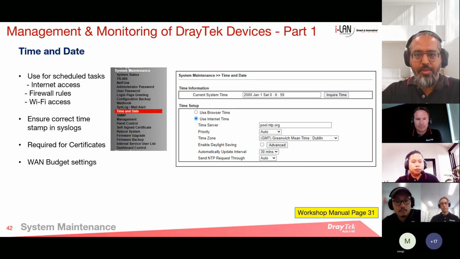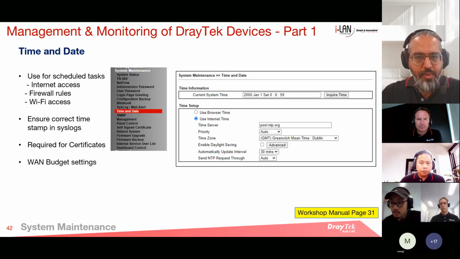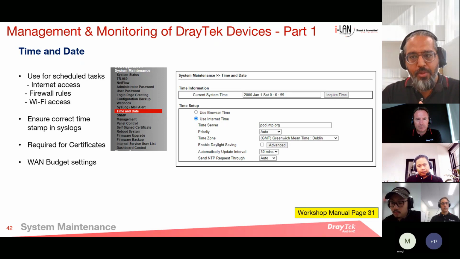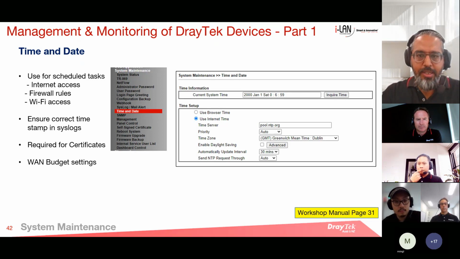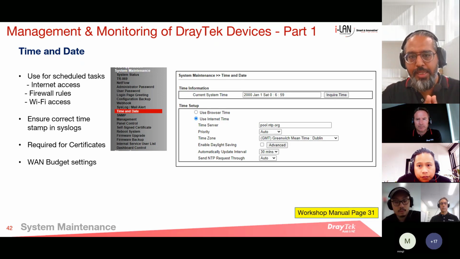It is very important to keep the correct time and date setting in your router. It is required for setting up scheduled tasks in the router, such as your internet access time slots, firewall settings to apply at allocated times, and enabling Wi-Fi access for users. Syslogs also include timestamps, so it helps to have the correct time when analyzing the logs. Certificate generation also requires a correct time and date, otherwise it'll not work. And even the WAN budget settings require the correct time and date, so it will match your monthly internet data